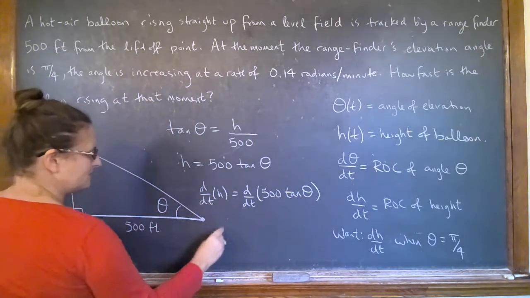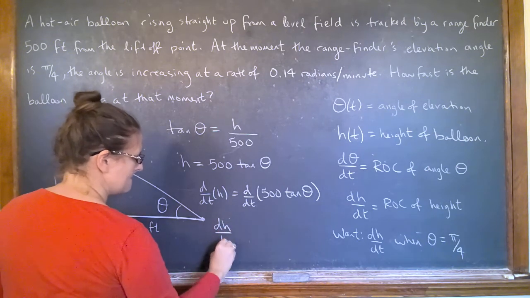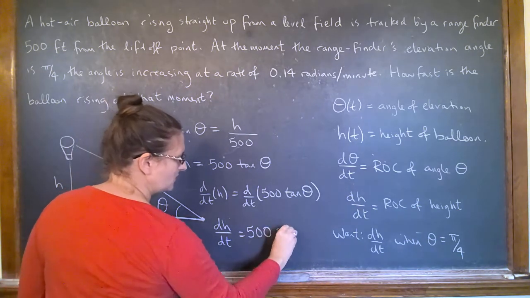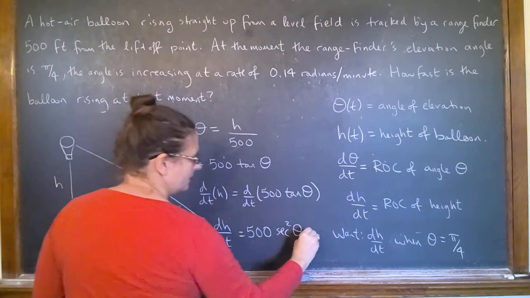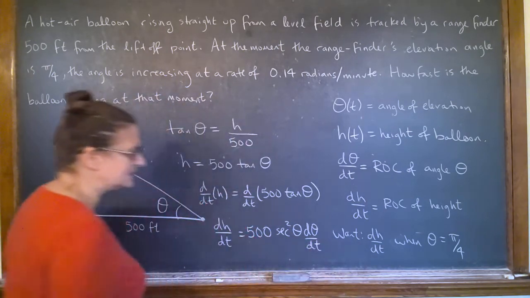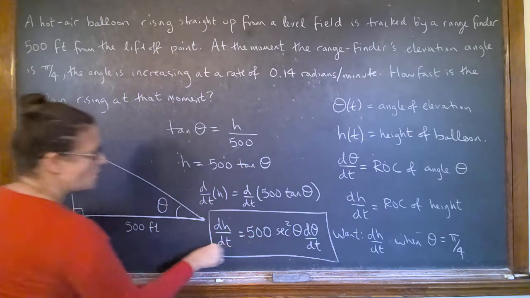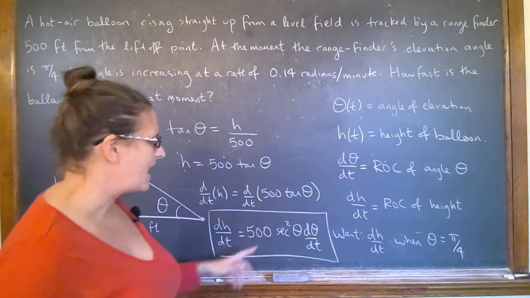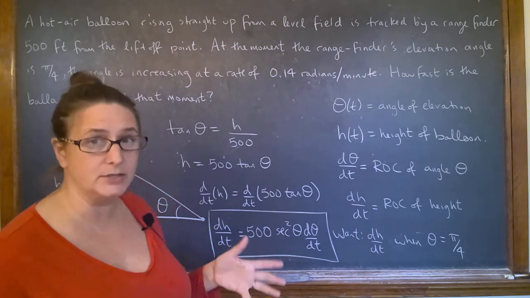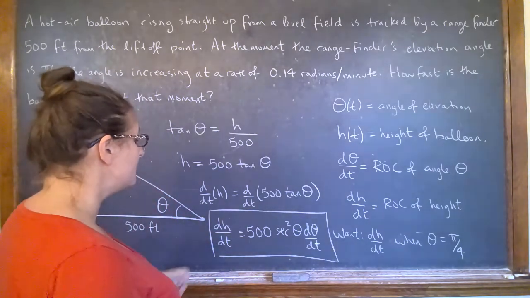right? This side is just h by itself, so that's easy. That's dh dt. 500 goes out. Derivative of tangent is secant squared theta. And then d theta dt, right? Because it is an implicit differentiation with respect to t. So whenever I take the derivative, I'm going to get a d dt of whatever the quantity is. Okay, so I always have to remember to get those rates in there,